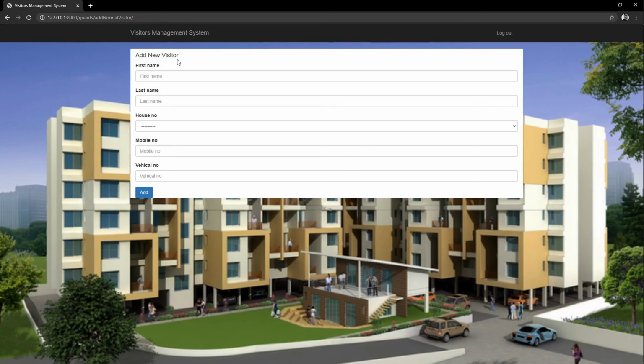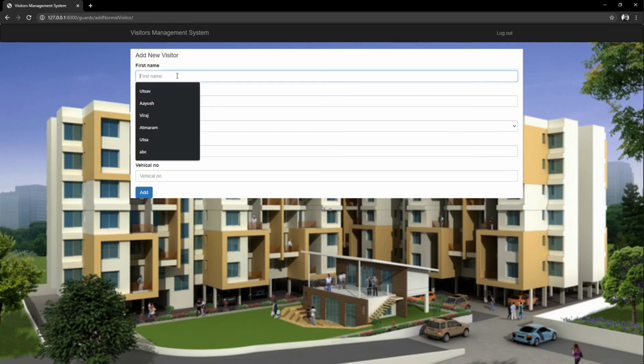The guard can add a normal visitor from here, and he or she has to provide these necessary details, which are first name, last name, home number, where the visitor wants to visit, his or her mobile number and vehicle number. So let me quickly add all the details here.